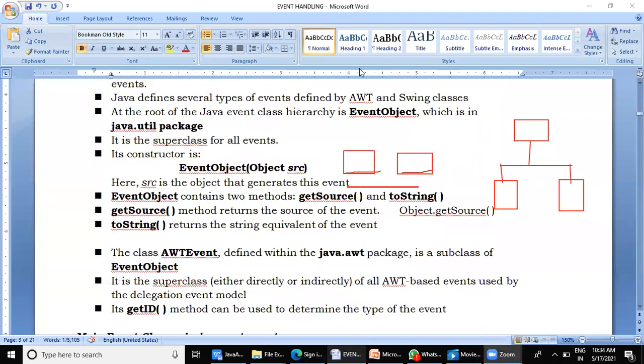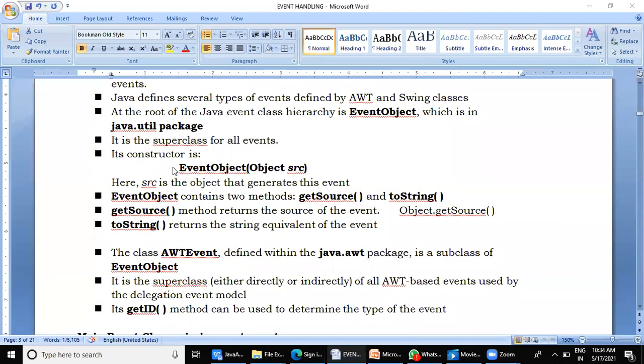Now when we want to create an object of an event class, normally we are not going to use this super class. We are going to use the child classes only. But then you may wonder, why are we learning the super class? Just to know the methods which are defined in the super class. Why do we have to know about our grandparents, our ancestors? Of course, we should know their history, but mainly, what asset have they left for us? What have we received from them? That is important, isn't it?